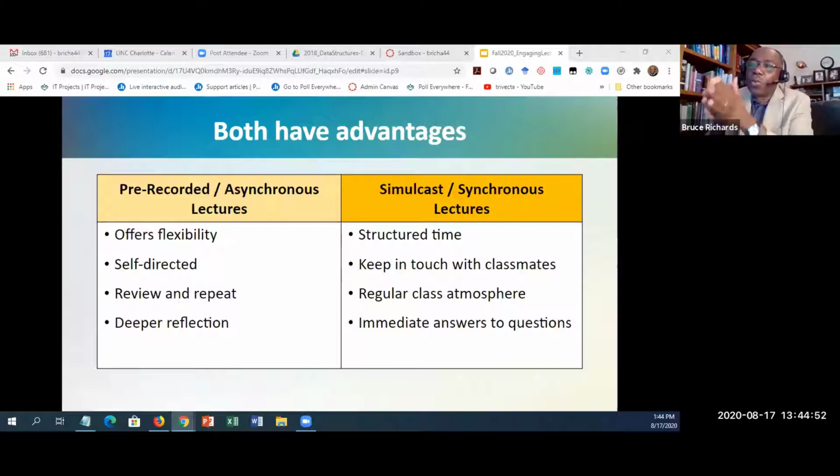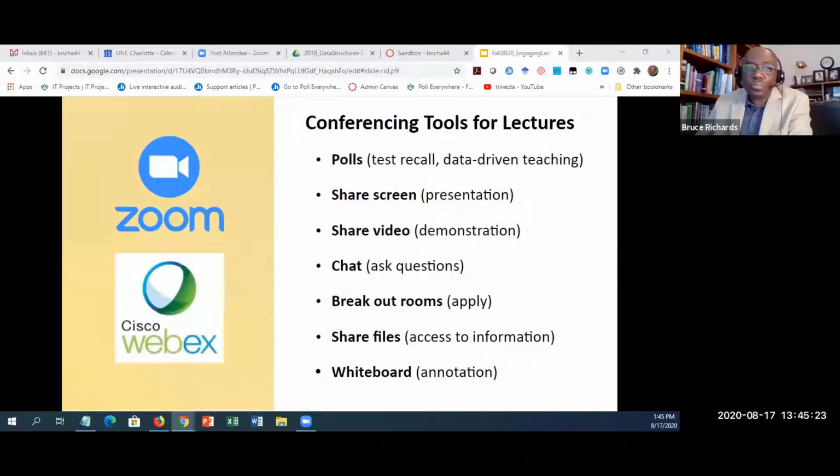It will then support whether you're going from the asynchronous lectures depicted here in this table over to the simulcast, again depicted in this table. Both have advantages, but once you develop your course in that strong online method, it will support both. Whether you start teaching in one way and have to switch, it doesn't matter. It will support the way that you deliver your courses. But again, both have their advantages, as you note.